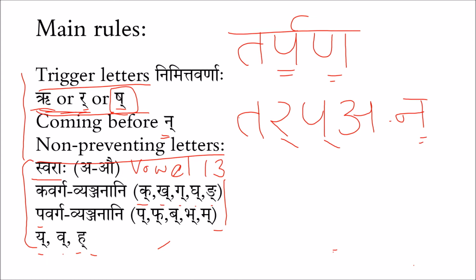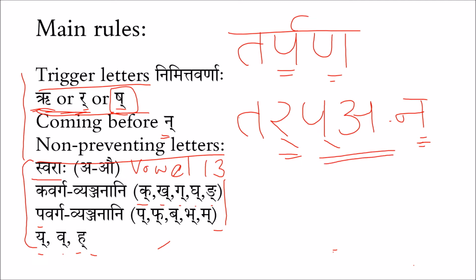Does this change to Ṇa? Let's see. What is the trigger letter here? The trigger letter should be one of these three: R, Ṛ or Sh. Yes, there is an R and there is an na following it,